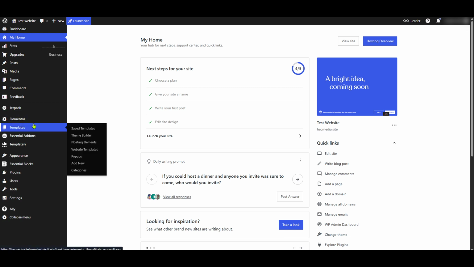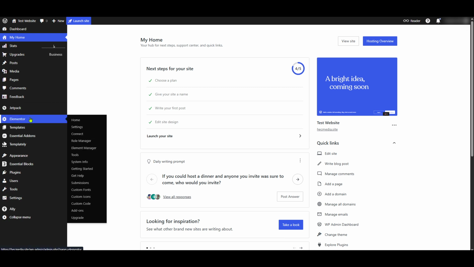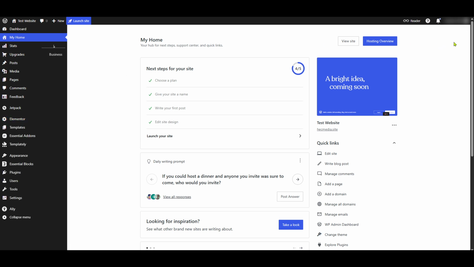Firstly, you'll need to access your website's WordPress login page. This is where you'll enter your login credentials to access the backend of your website. Once you're logged in, you will find yourself on the WordPress dashboard. The dashboard serves as the central hub for managing your website's content and appearance. It's from here that you can navigate to various sections, including the templates section, which is where we need to